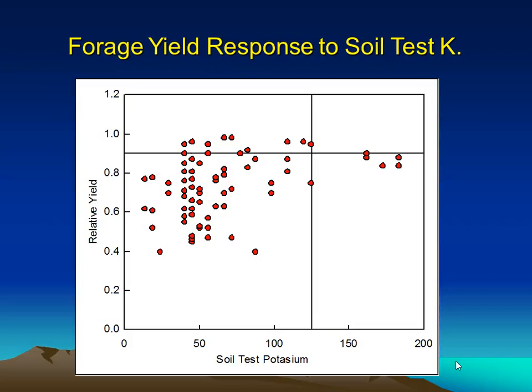K, potassium, same thing applies. It's a little different, but the same principle applies. If you're in the high range, you don't need to add potassium fertilizer. If you're down in the low range, it can really be detrimental. Now, why is there so much spread? It all depends on the clay content of the site, not only the percent clay, but what type of clay you have in that soil. We don't analyze for that, okay? That takes an electron microscope. And I didn't even take that class, so